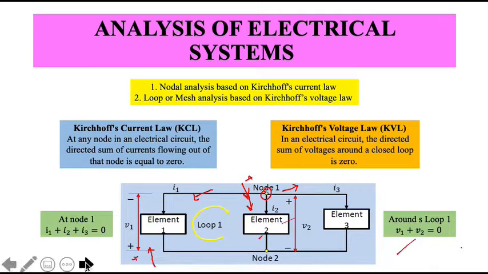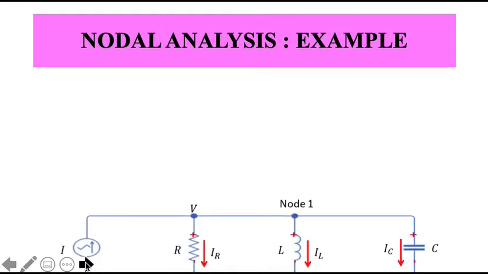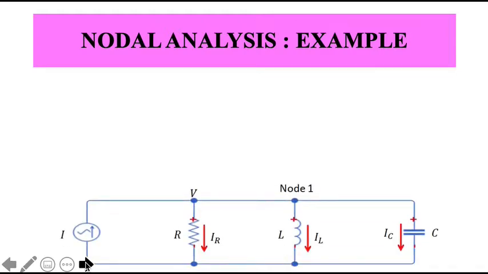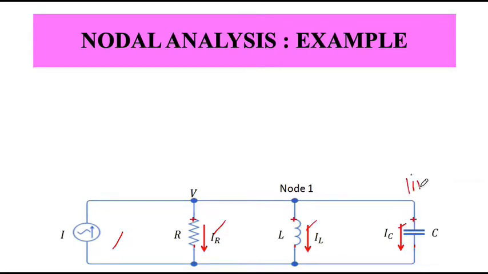Okay, now next, let us start with the simple example. We can start with a very basic example which we have already known, and then try to build up those things. I have a current source, a resistor, an inductor, and a capacitor, which are all linear elements. So over here we work with linear elements.